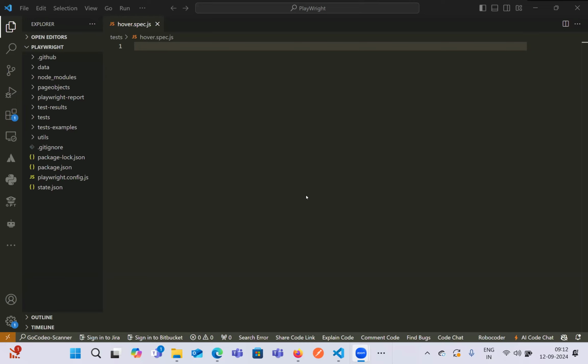Let's see a new topic today in Playwright, and the topic is how do we hover over an element. Sometimes in a requirement, in some applications, we need to hover over an element and then some of the details will appear for that particular element. Without clicking, we have to basically hover on an element and then some of the details for that particular element